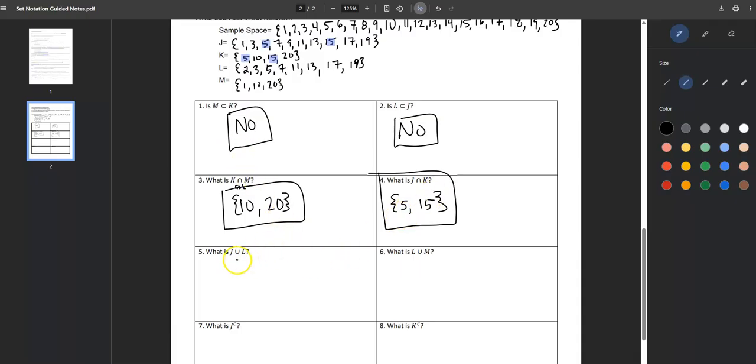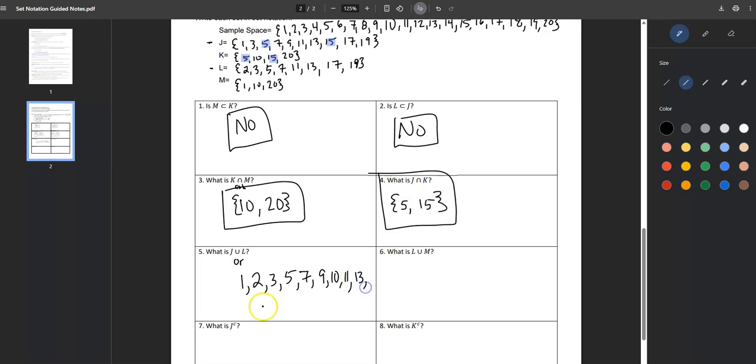Okay, here we go. J union L, so this would be OR. So J or L. So if I look at this one, I've got J up here and L here. And this one, I'm going to list anything that's part of one or the other. So if I look at this, 1 is part of it. It just has to be one or the other. So these ones get big, so I list out everything that's there. 2 is there. 3 is there. 5 would be the next one. 7 would be the next one. 9, 10, 11,